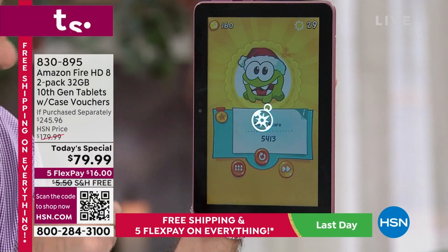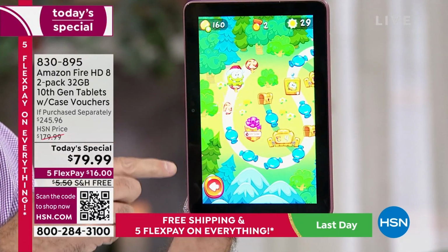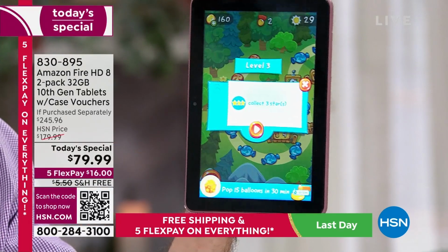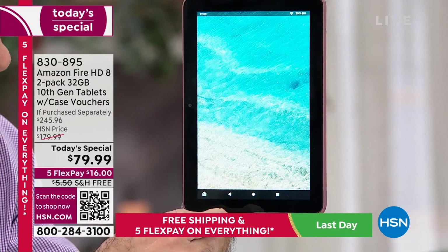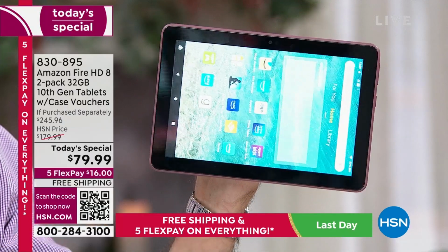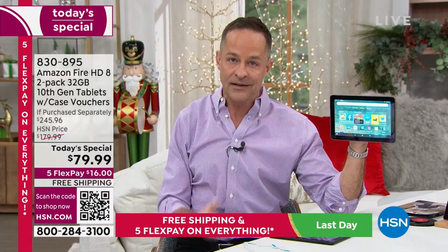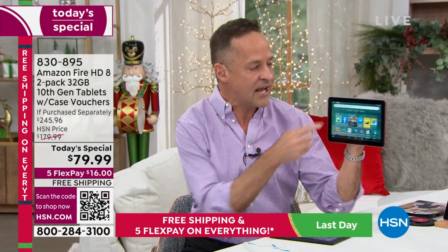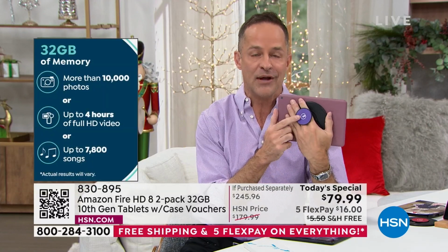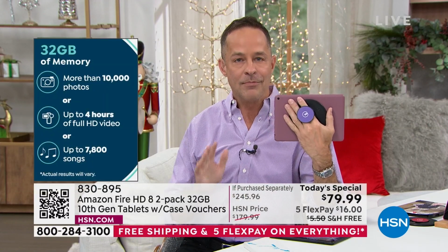In all, this tablet is 30% faster than the previous version of this tablet. That's a big difference. 10%, quite frankly, is a big difference when we talk about electronics, but having a 30% difference, whether you're holding it vertically or horizontally, having a 30% faster tablet with a front-facing camera, with a rear-facing camera. One thing I want to show you guys right away, because I know it will be popular with this,